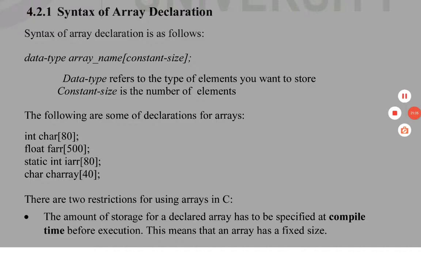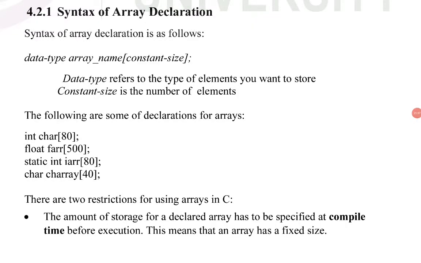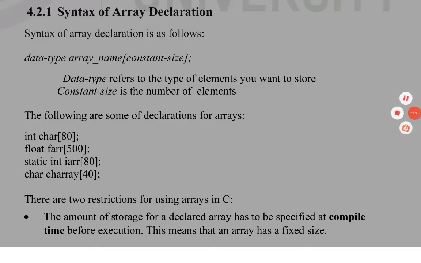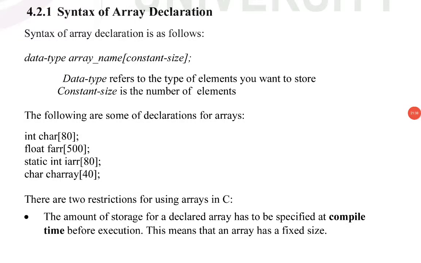So what is the syntax of how to create arrays? The first part is the data type. We know the different data types: int, float, static, char, void. Next is the array name, which may be taken as any name, and within brackets the size of the array. The size means the maximum number of elements to be created in the array.